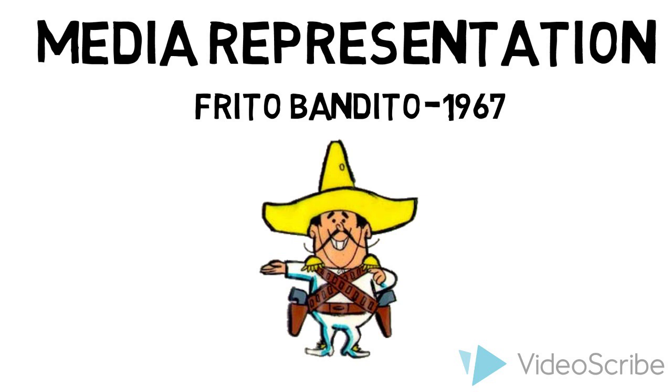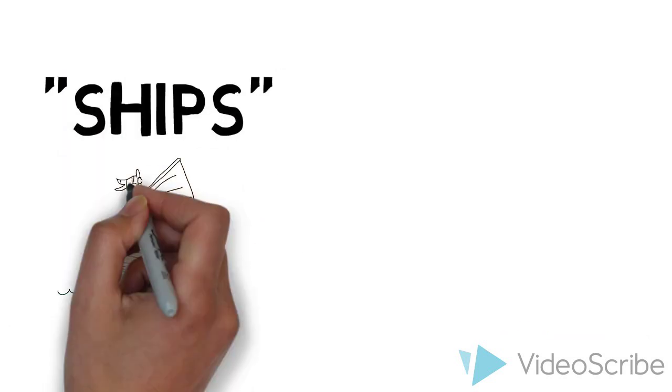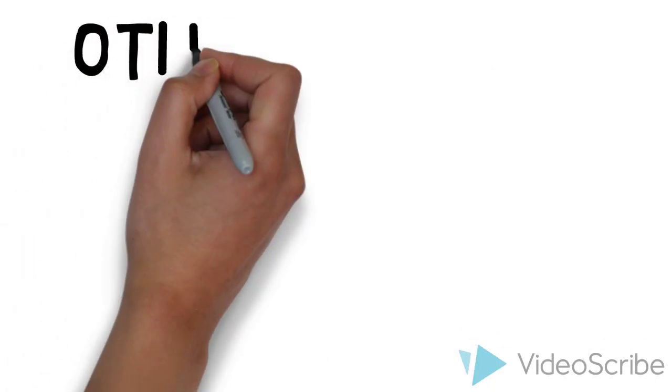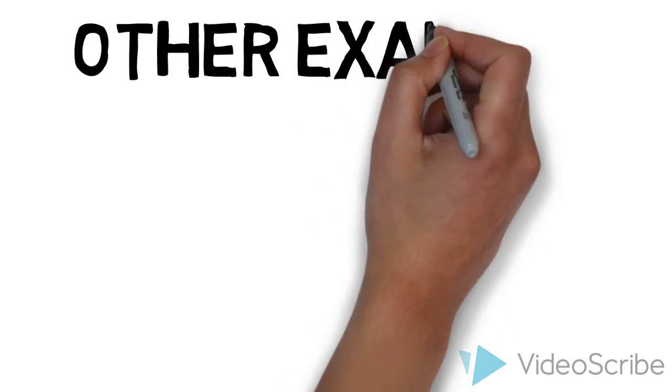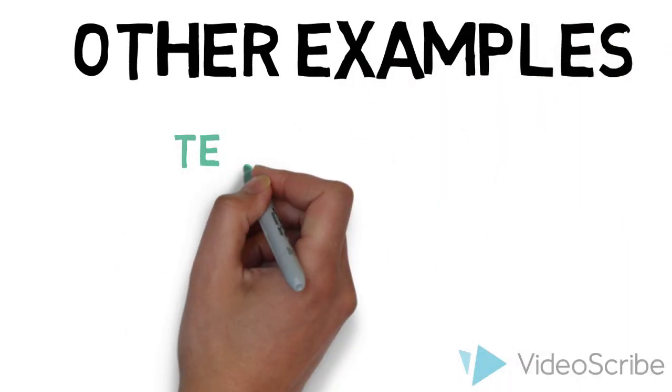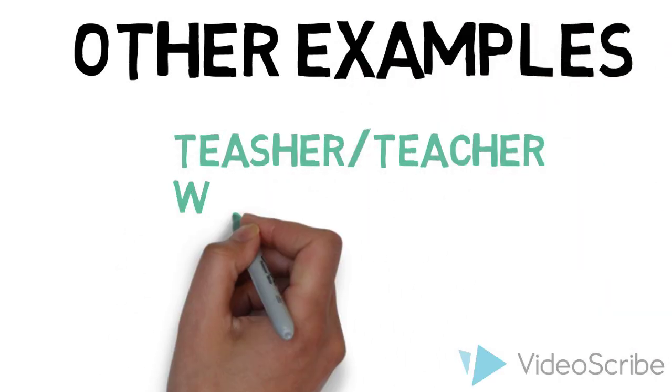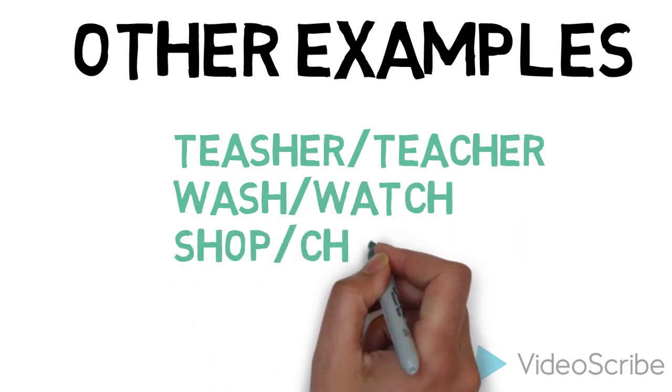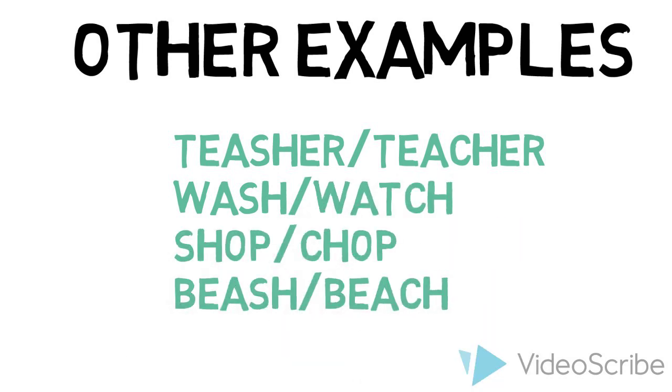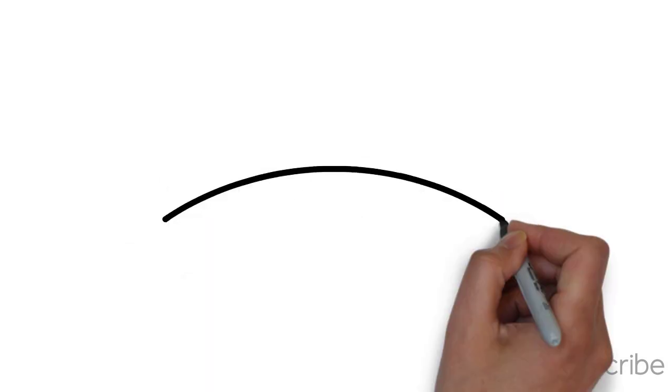In the audio clip, we can hear the Frito Bandito say ships instead of chips. Some other examples of the merging of SH and CH are teacher for teacher, wash for watch, shop for chop, and beach for beach. As stated in the D2L article by Carmen Fott, Chicano English is an interesting example of